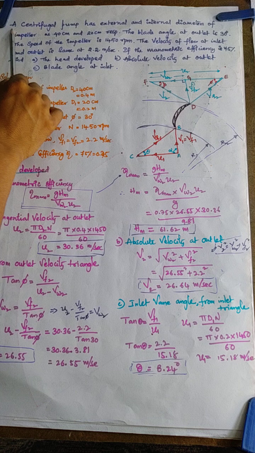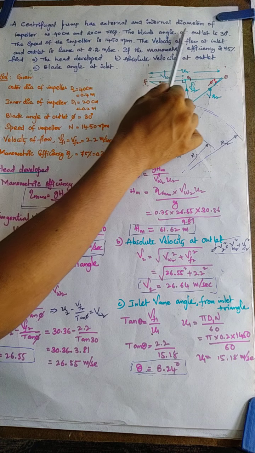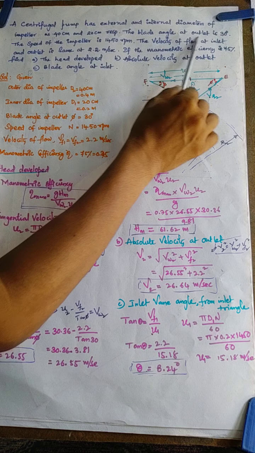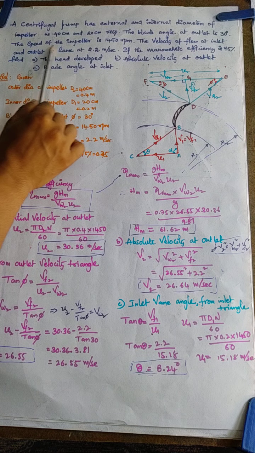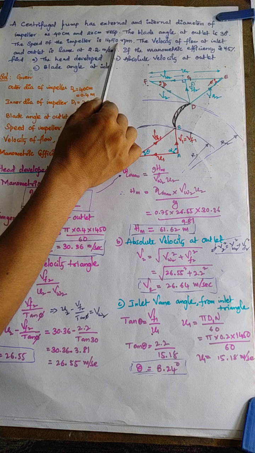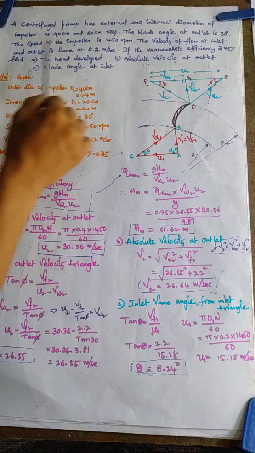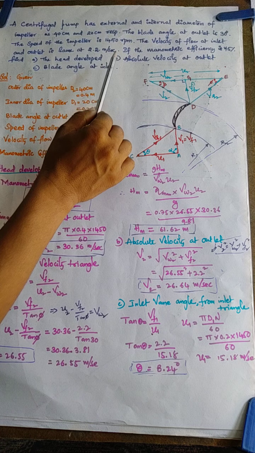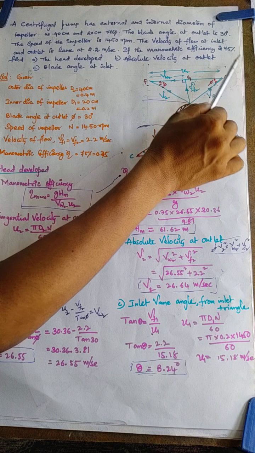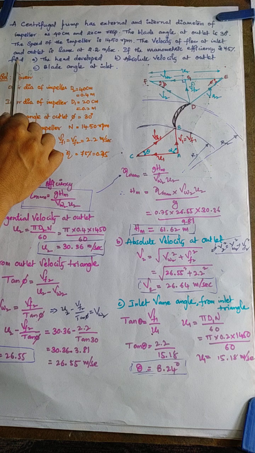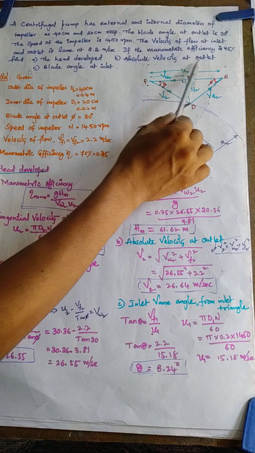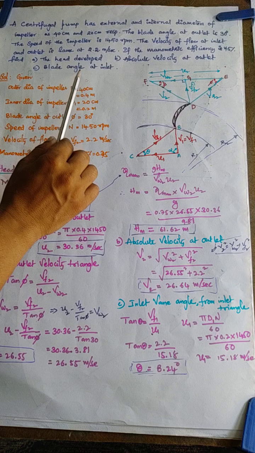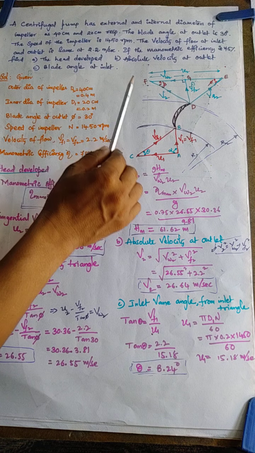Here the question is given: a centrifugal pump has external and internal diameters of impeller as 40 centimeters and 20 centimeters. The blade angle at outlet is 30 degrees. Speed of the impeller is 1450 rpm. Velocity of flow at inlet and outlet is same, and the value is 2.242 meter per second. If the manometric efficiency is 75%, then you have to find head developed, absolute velocity at outlet, and blade angle at the inlet. So this is the question, and before going to solve this problem, let us draw